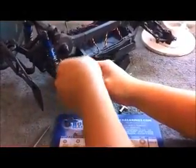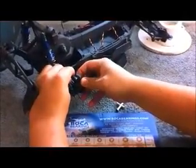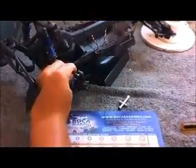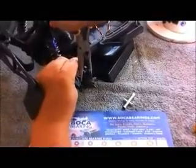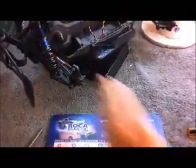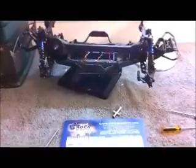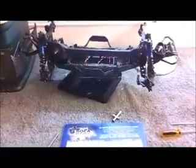Then we're going to take our turnbuckle again and take our needle nose pliers and pop that back on the ball stud that is on the hub. There we go. A bit tricky sometimes. There we go. And that's how you replace the front and rear hub bearings on the Team Associated SC10 4-wheel